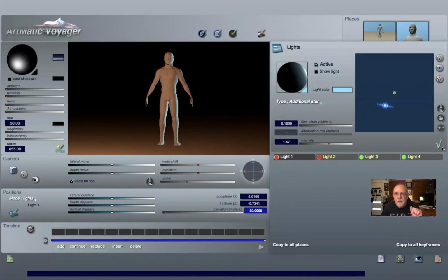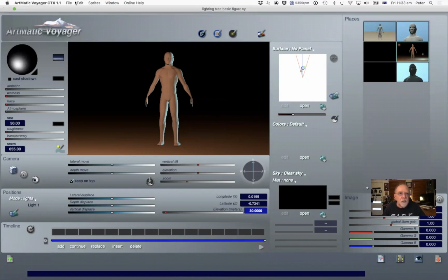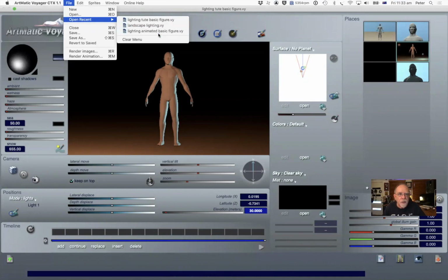The next thing that I'm going to talk about, I'm going to jump into a whole other way of doing lighting. So far we've seen the sun, and we've seen the additional lights coming from the lighting palette here. But there's one further way of managing light in Voyager, and that is using lights that are actually depth field objects. And so I'm going to go into another prepared